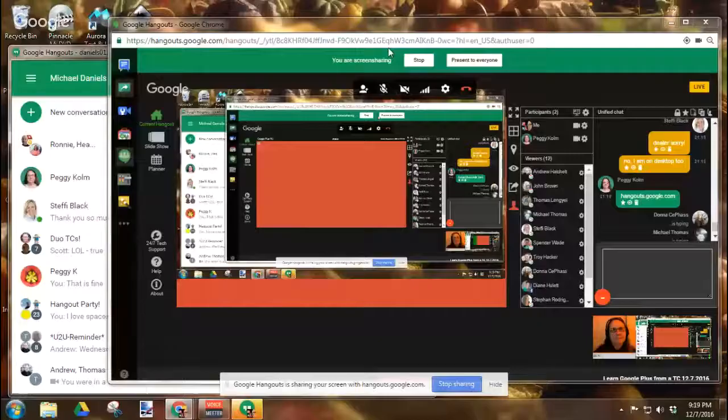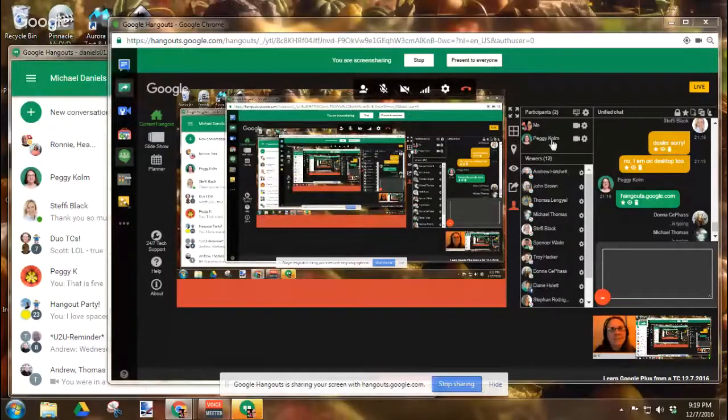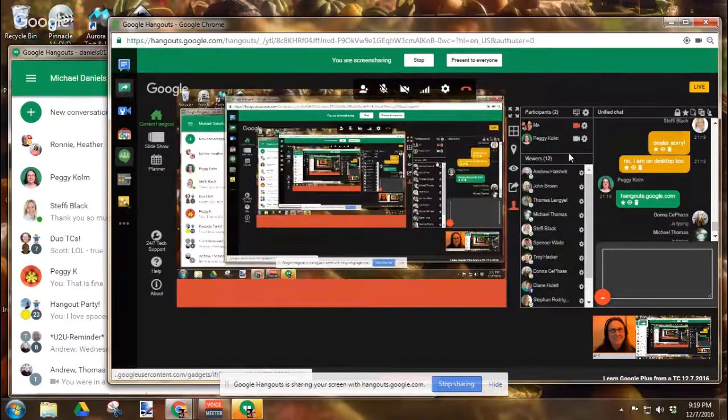And I'll show a screen share to show you guys a little trick that I do. If you look at my window right now, ignore the main part here. I'll put Peggy up on screen. So if you look at my screen right now, which I have to put on me in order for you guys to see it, ignore all the bleed in there, but this is my Hangout.